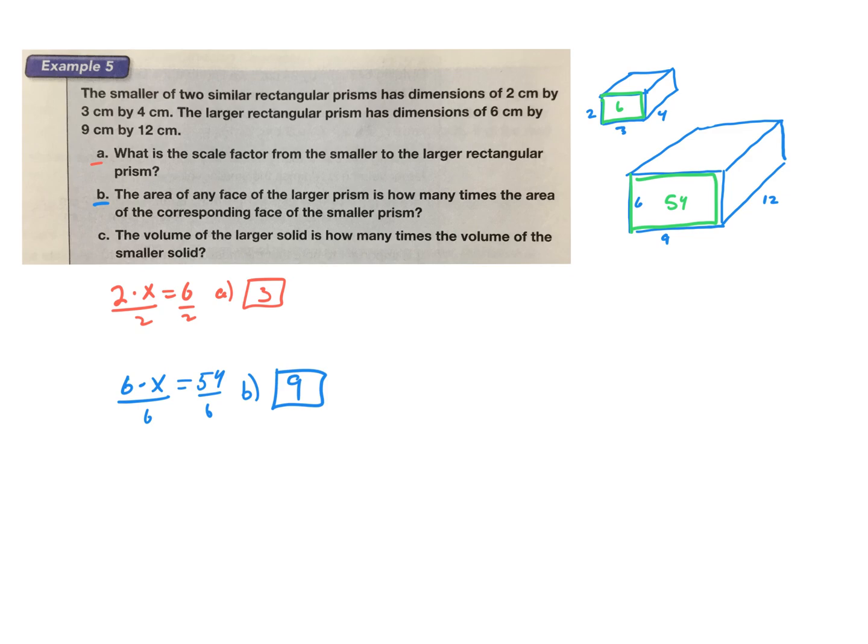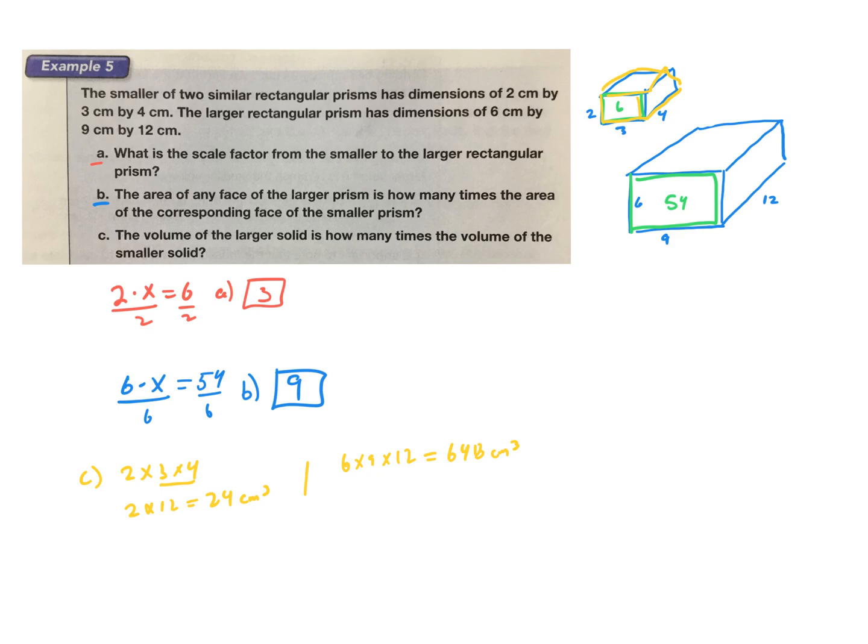And then part C, it says the volume of the larger solid is how many times the volume of the smaller. So let's go ahead and just find the volume of this one, right? So I'm going to say for part C, 2 times 3 times 4. Well, 3 times 4 is 12. So it's going to be 2 times 12, which is going to give me 24, and that'd be centimeters cubed. And for the larger, it's going to be 6 times 9 times 12. I'll be lazy real quick. 6 times 9 times 12 on my calculator. That gives me